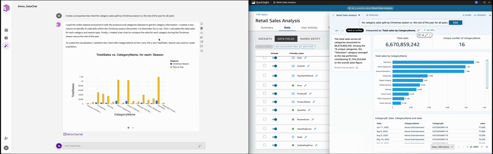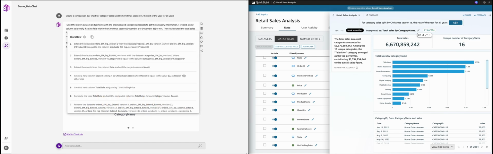It infers that Christmas season likely refers to December, and applies that logic across all years, returning a valid comparison chart, splitting Christmas and non-Christmas sales by category. The summary clearly explains the logic used, and when we check the workflow, we can confirm that December was applied